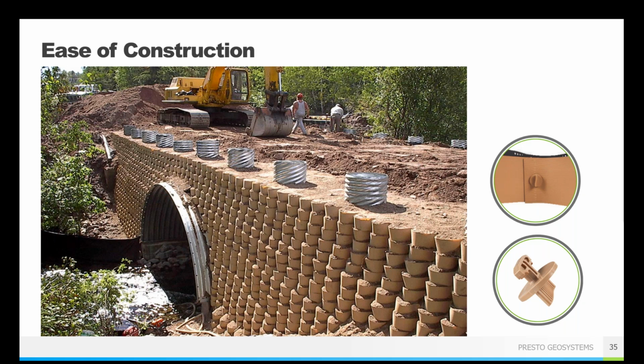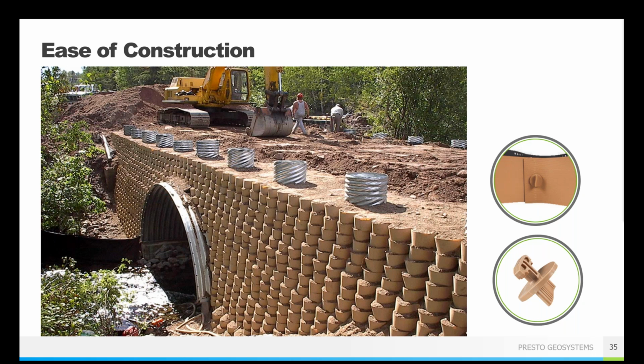You can go around and meet up with existing structures or put in other structures. In this case, they also decided to put in sonotubes through the GeoWeb wall, and that is for later construction of things like guardrail posts, or if you've got utility infrastructure that has to go down through this area for whatever reason. Putting in those sonotubes during the installation process is a great way to make sure you still have that access that you might need.